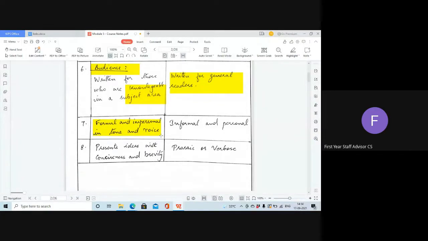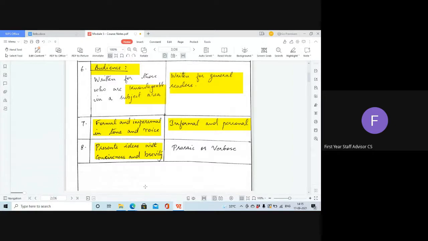I think it is impersonal, as was said earlier. That is, there are no human emotions here. Then in literary style, it is informal and personal. It directly affects our emotions. Then last, it presents ideas with conciseness and brevity. That is, it is explained very briefly and concisely. There is no need for too much lengthy